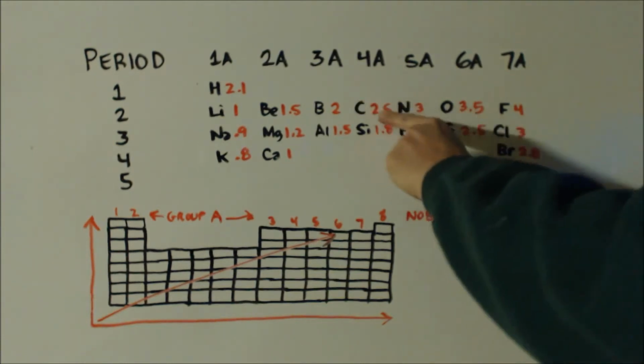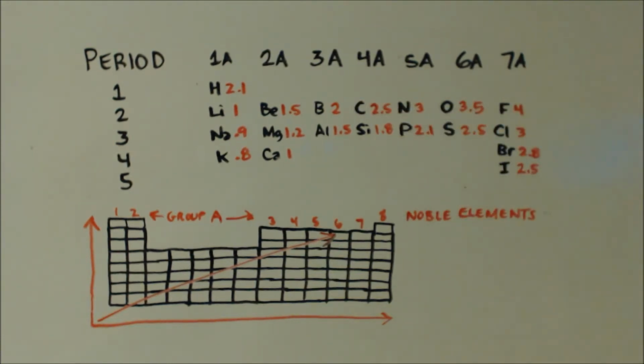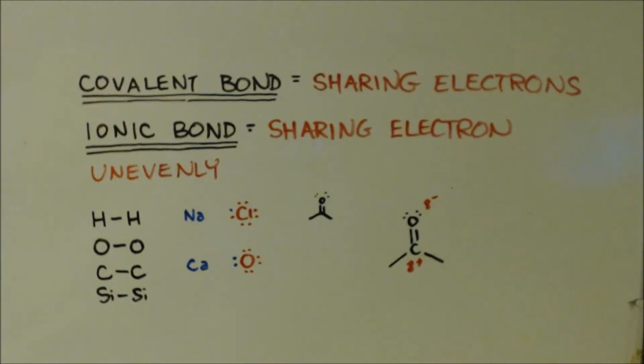Like if you have a carbon, 2 carbons, right? What's the difference between 2.5 and 2.5? It's 0. That's definitely lower than 2. So that's a covalent bond. All right, so what is a covalent bond? A covalent bond is just a bond between atoms where they're sharing the electrons evenly